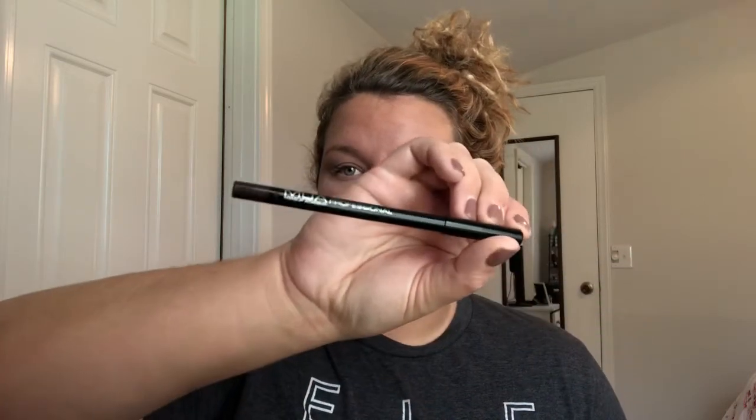This is by MUA, or Moi Professional Makeup Academy. It's Intense Color Gel Eyeliner, and this is in the shade, I don't know because it doesn't say a shade, whatever. This is what it looks like, MUA, and it's basically maybe 2 shades darker than the eyebrow pencil that I was using. I just like to fill in where it looks like they're naked, or like my hair is falling